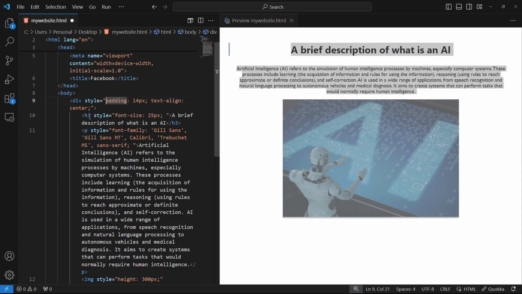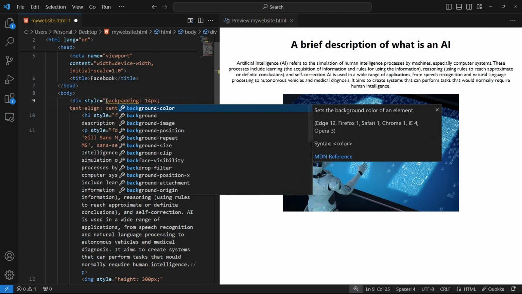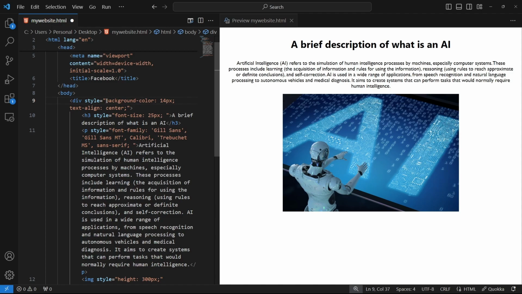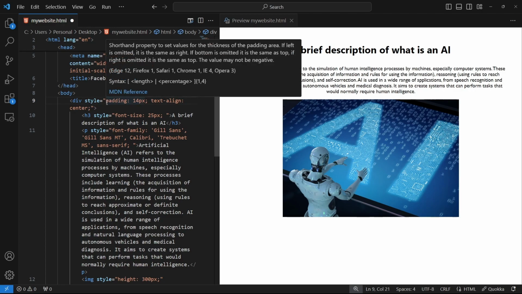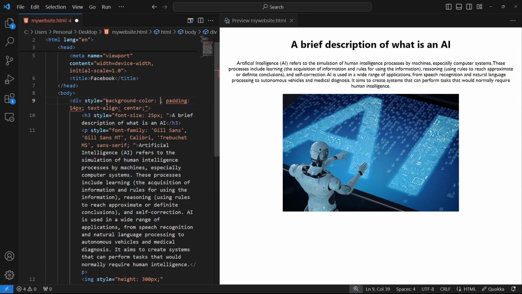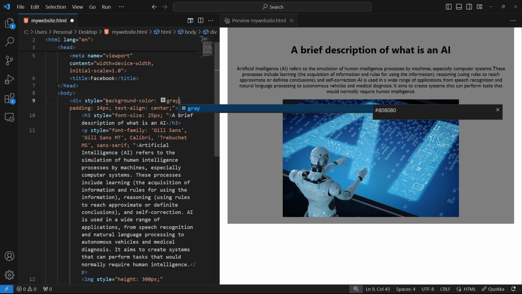So let's try to add background for this one. Background color. And I am giving background color of... what happened? Why is it 14 pixel? Oh, it's replacing our padding. So let me just undo it and then add some background color of gray. Let's try to add gray.